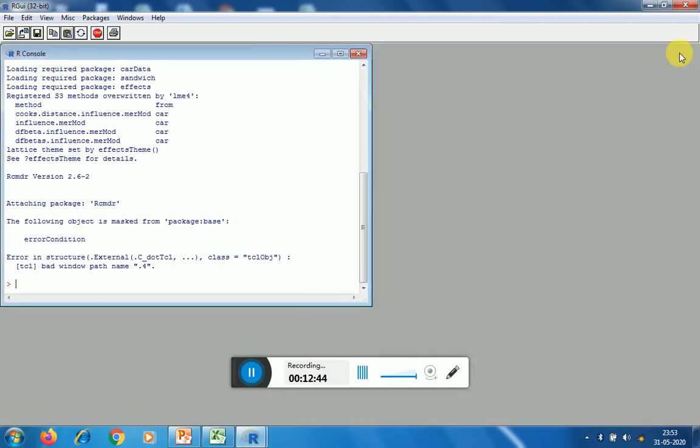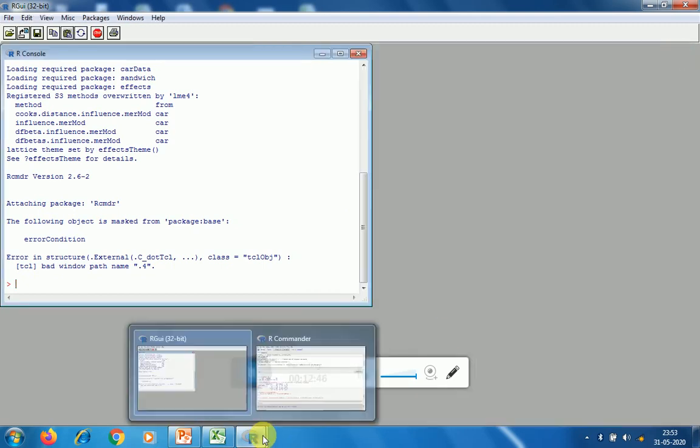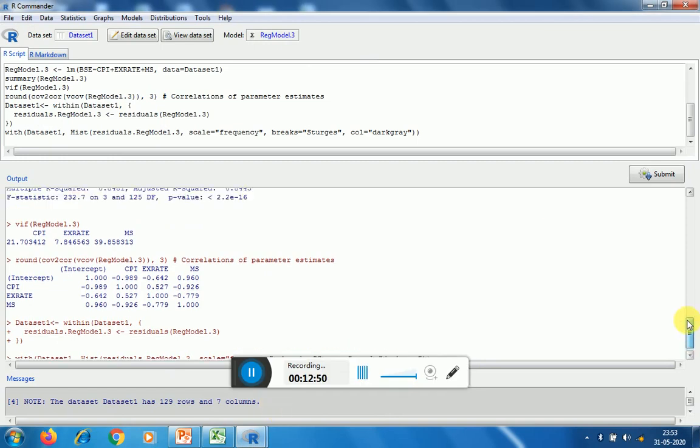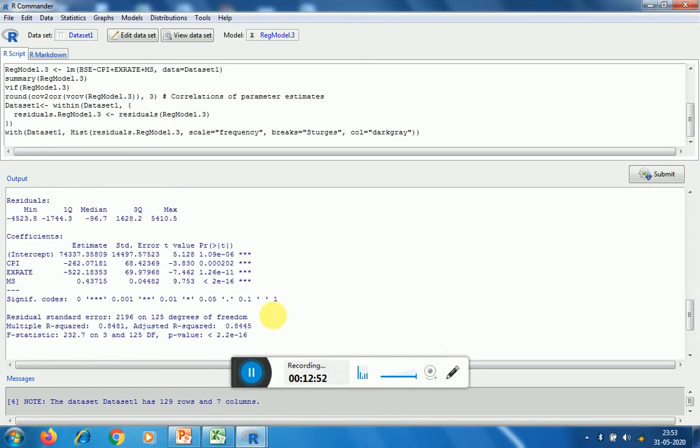So this is how we can perform the multiple regression analysis. What we expect, that whenever we are fitting a model, these variables must be significant. Now since we observed here that again there is a high degree of correlation existing between CPI and money supply, we can even eliminate, we can try and we can eliminate these variables.